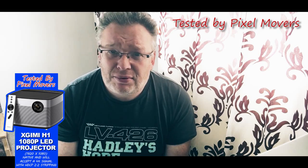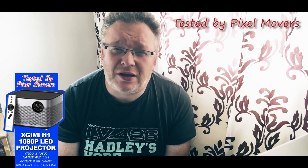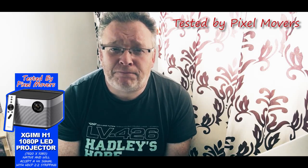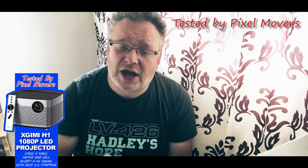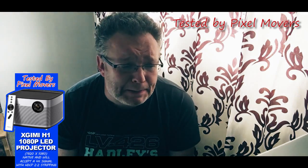Mine came pretty much in a decent time scale. It was a little bit delayed. It came with 3D glasses, 2 pairs, and it came with an adapter mount so it will go on the tripod. The H1 itself doesn't have a direct tripod mount. It has some screws on the base you undo. You put on this adapter base, screws back in, and then you can put it onto any standard tripod, and you can also